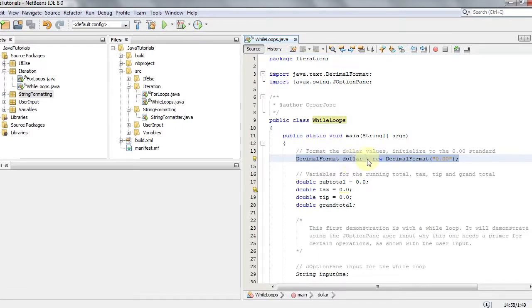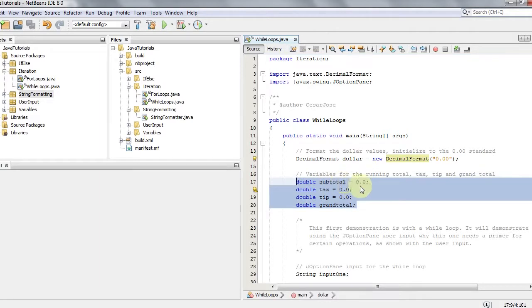Decimal format dollar gets the value of new decimal format, and inside this parentheses I specified how I want it to be formatted, 0.00, the standard way of how you actually read dollar values. And so I also have four variables here: a double subtotal, which is set to 0.0. This is going to be the running total of everything you purchase, the tax, the tip, and then the grand